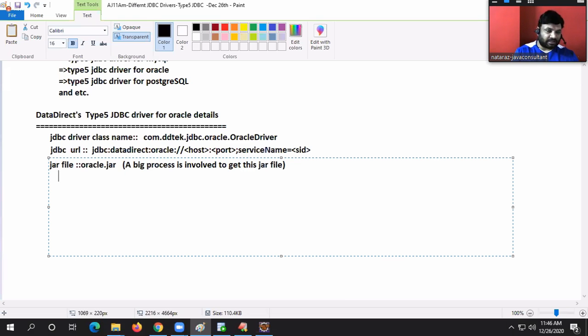In the zip file extraction, you will get one Java application to run. When you run it, you will get one setup file. When you install the setup file, then you will get the jar file. But it won't come directly. First, you have to send a mail, then they will send the zip file, then you have to download it. Minimum one week it takes to get the jar file.